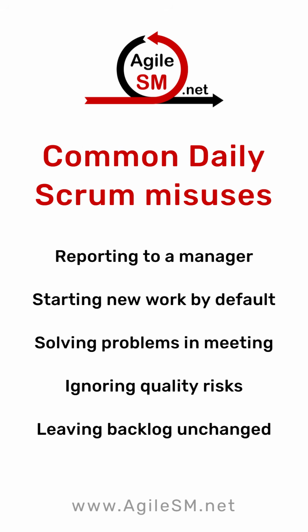Common Daily Scrum misuses. Daily Scrum loses its value when it turns into a status meeting for a manager instead of a planning moment for developers. Another common problem is starting new work by default, which increases work in progress and leaves too much almost done. Teams also weaken the event when they try to solve detailed problems inside the 15 minutes, ignore increment health, or fail to update the sprint backlog, so the plan no longer reflects reality. The fix is simple but important. Keep the event developer-owned, focus on finishing and flow, make quality visible, and move deeper problem-solving into a short follow-up